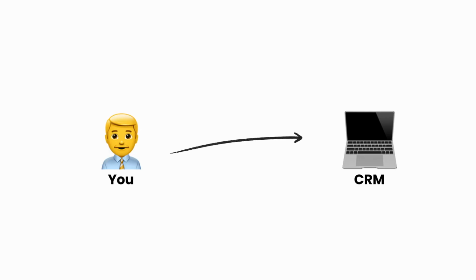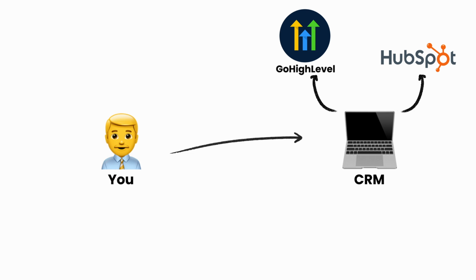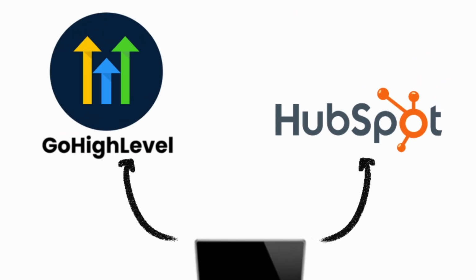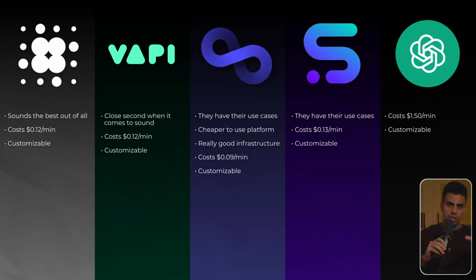very, very important thing you need to know is the integrations and the features, because that's what actually makes these things different and useful for different business use cases. For example, let's say you're trying to connect it to your CRM. The most common CRMs that we use are Go High Level and HubSpot. We can connect to all of these platforms using things like Zapier or just a webhook. All of them are pretty customizable, but the thing here is the ease of use,